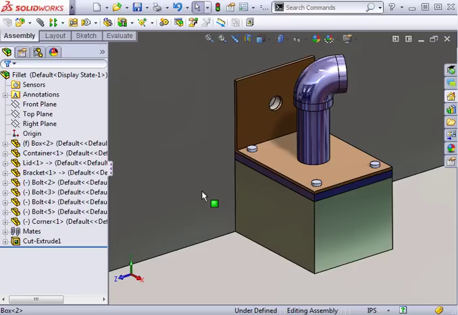We've already discussed using the fillet feature to round off sharp edges and corners on your parts, so I'll now show you how to create fillet features at the assembly level. This means you can add more detail to your assembly designs without having to modify the part files individually. Also, by adding the features at the assembly level, you have the ability to choose whether you want the fillet